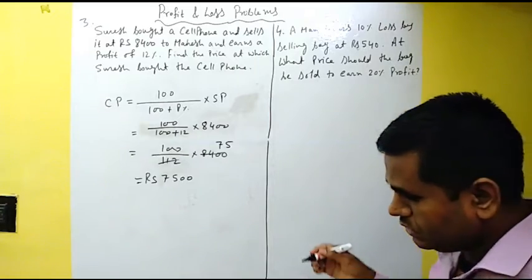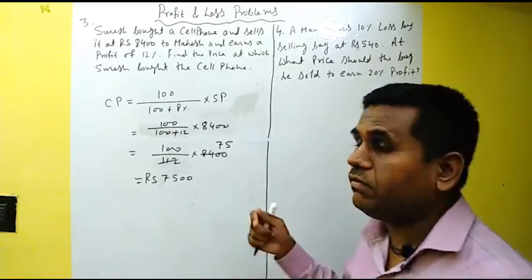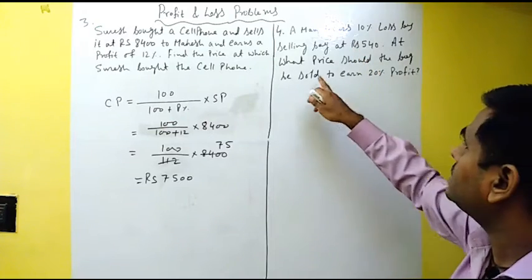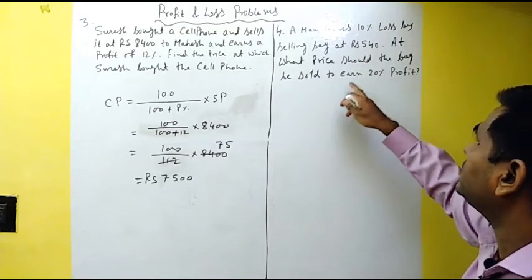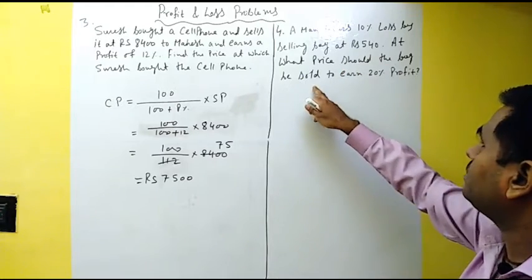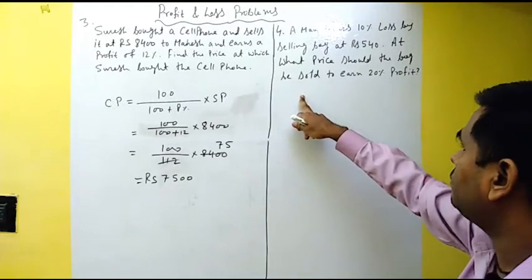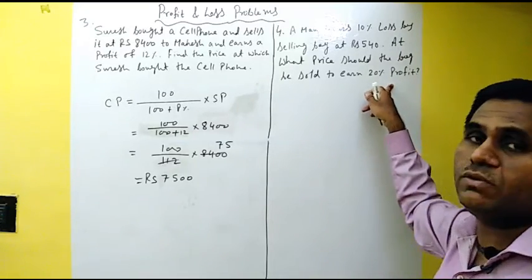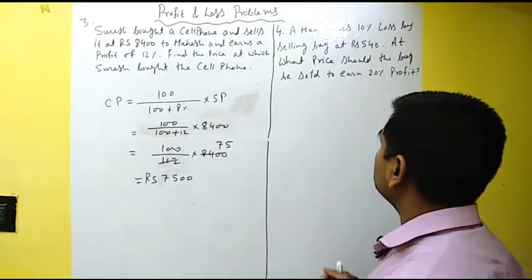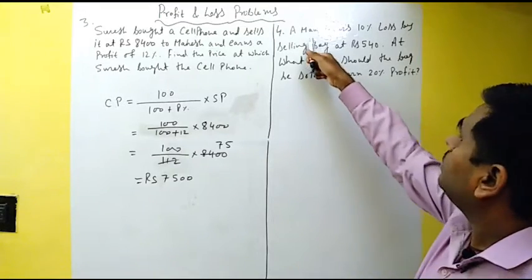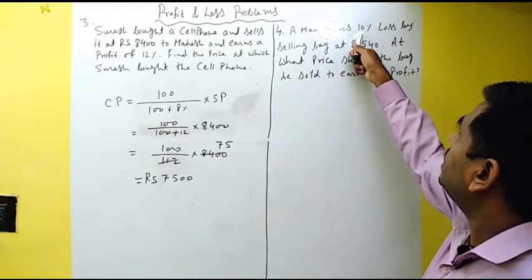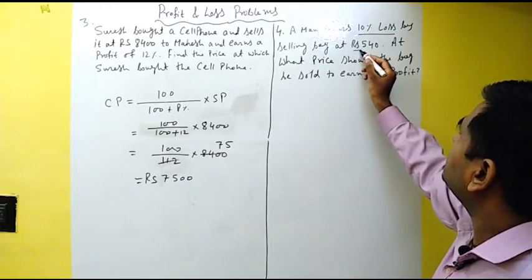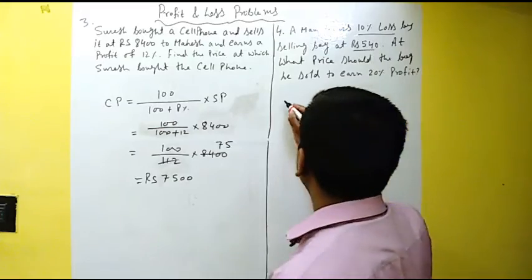In this question, if you see, there are two problems actually. First we have to find the cost price, then only we can solve the second part of the problem, wherein it says at what price should the bag be sold, meaning again selling price, we have to find the new selling price, so that the man earns a profit of 20%. Man has incurred a loss. So here in the first part of the problem, you can see this is loss percentage and this is selling price. So we will find the cost price.